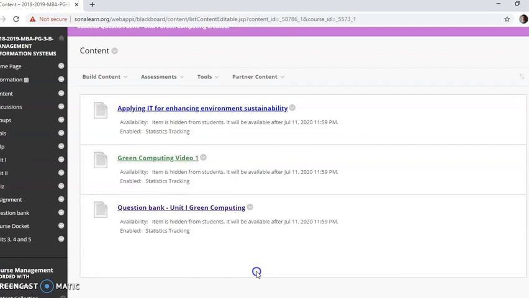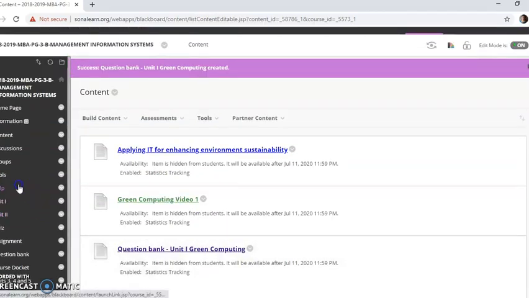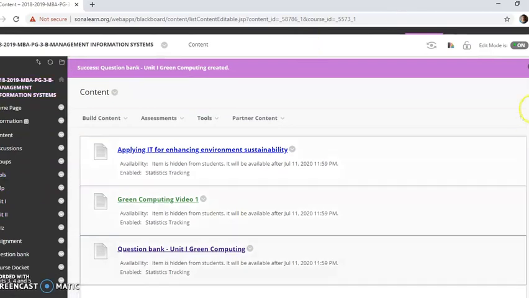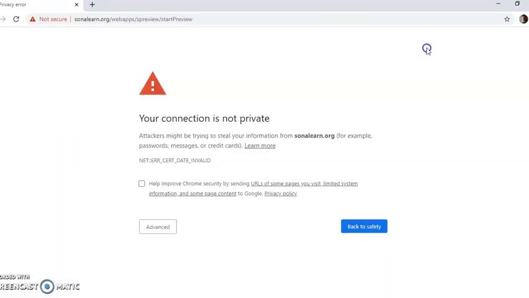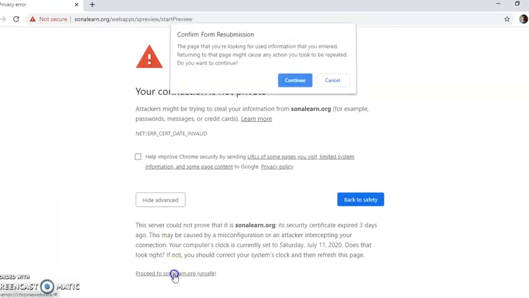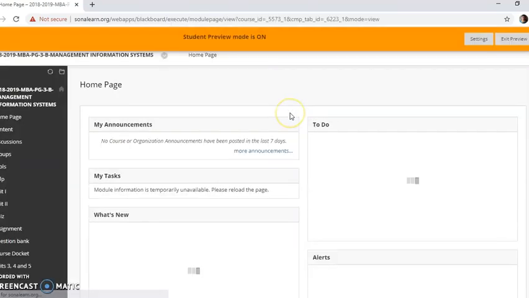So now let us see how the student will view this. We have an option called student mode. So I am entering now in student mode. By the way, only the student screen will appear. You can see here student preview mode is on.